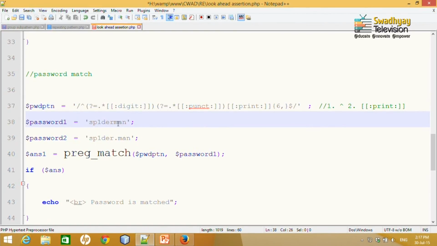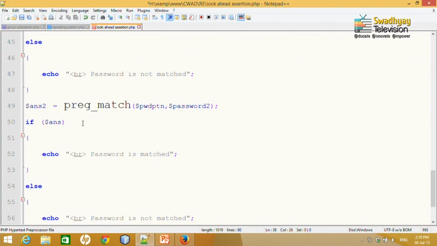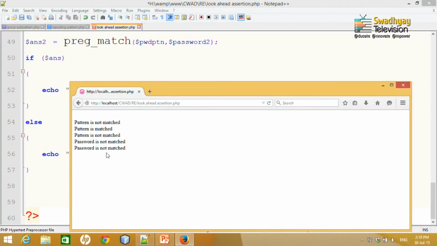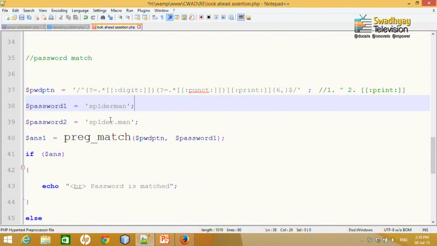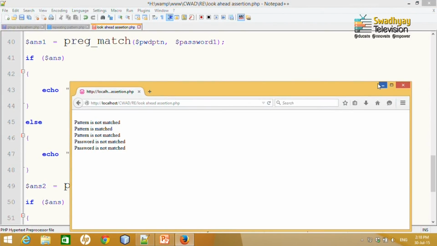Now if I write the password Spiderman without punctuation, it contains a digit but no punctuation mark, so this validation is false and the pattern is not match. But if I write Spider.man, this is matching. So the first should not match, the second should match. Just look at what we have typed here.